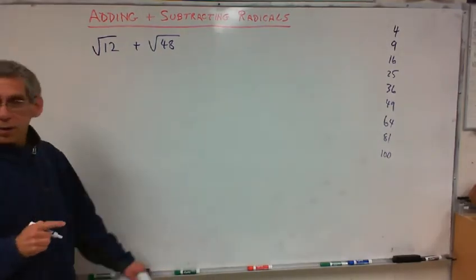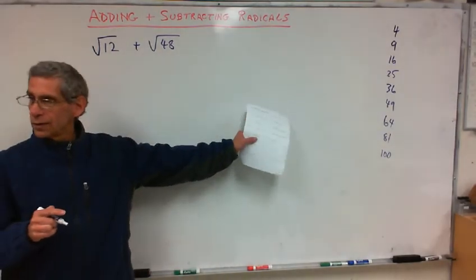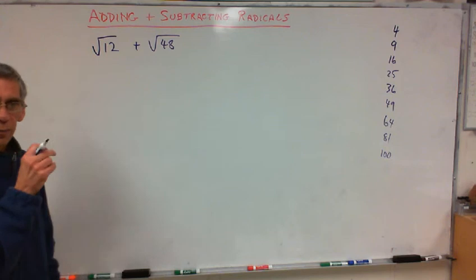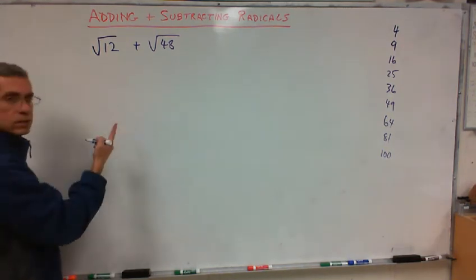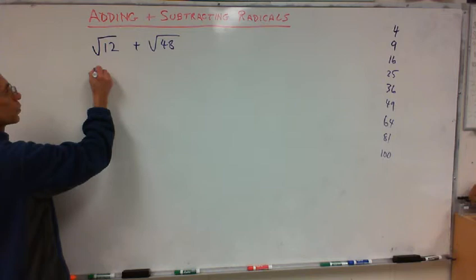I always put those out there when I'm doing these. You know, it's so easy. Just write them really fast on your paper. The first thing, when we simplify this, the first thing is going to be the square root of one of